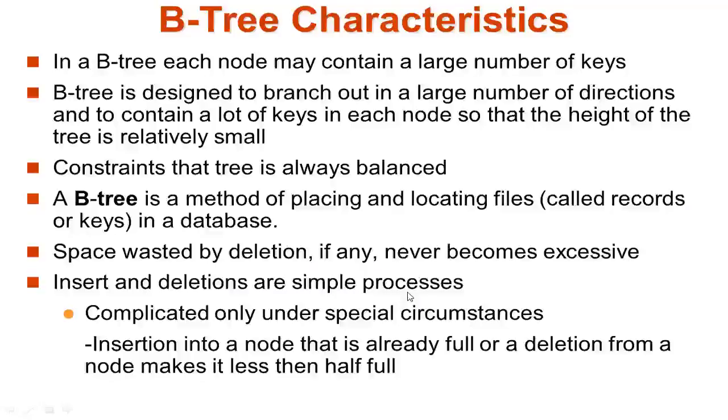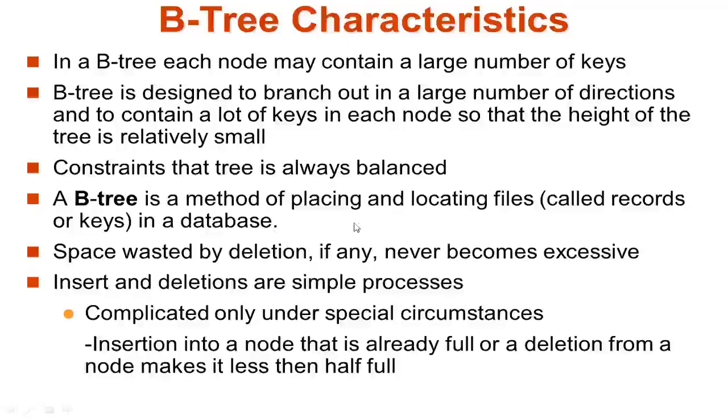So when you create a B tree, you'll be branching out based on the number of nodes. The number of nodes and the number of links will be based on the amount of data that you are going to create. We already said the B tree is a self-adjusting or self-balancing tree, so that it will adjust the nodes or the elements so that the height of the tree is always minimal. It will not grow in a very horizontal way. Then the constraint is that the tree is always balanced. That is one more important characteristic of the B tree.